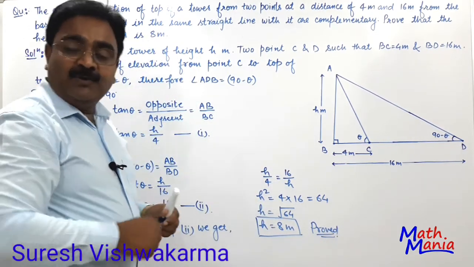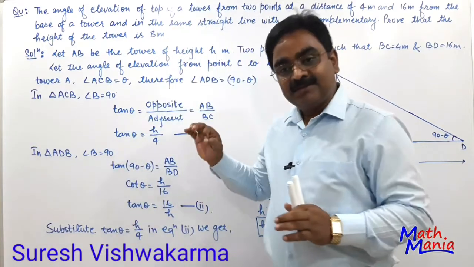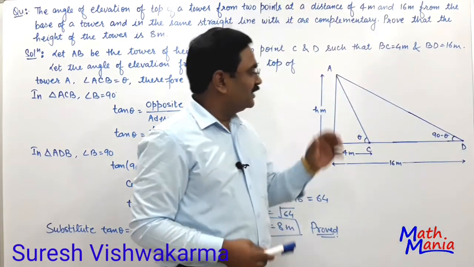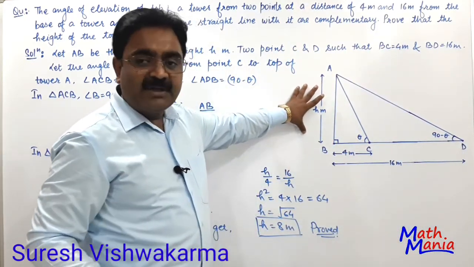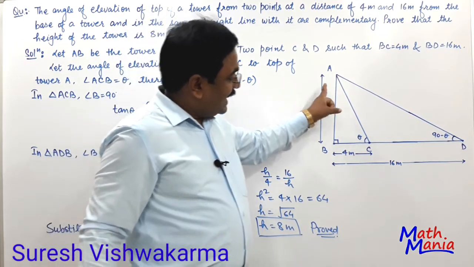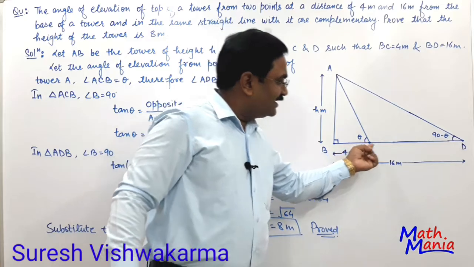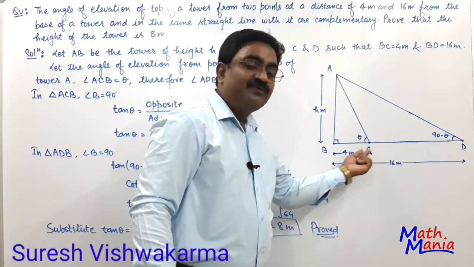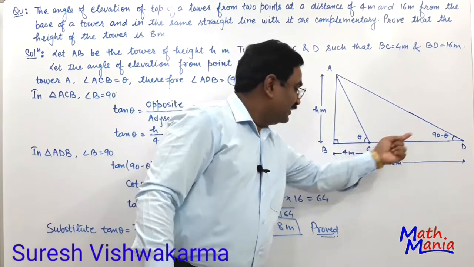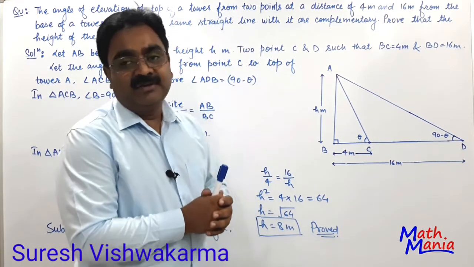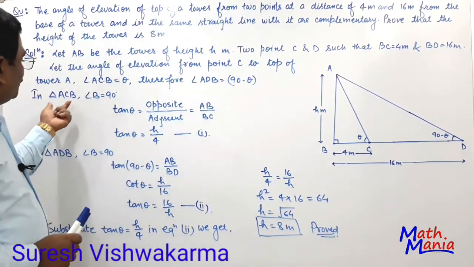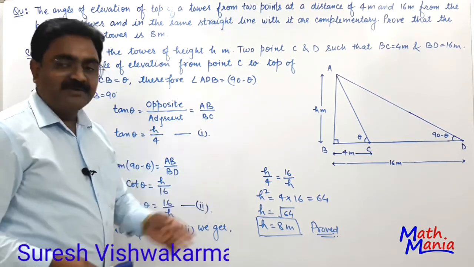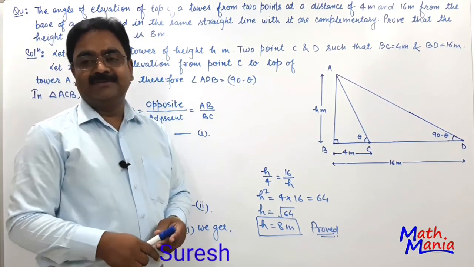So I hope you all got the solution. Once again let me explain. The figure explains all the conditions: AB is the height of the tower and the angles of elevation of the top of the tower from 2 points C and D are complementary to each other, as the point C is 4 meter away from the base of the tower and D is 16 meter away from the base of the tower, right? So from these two triangles we applied the tan theta. After that we got the height of the tower, which is 8 meter long. Understood?